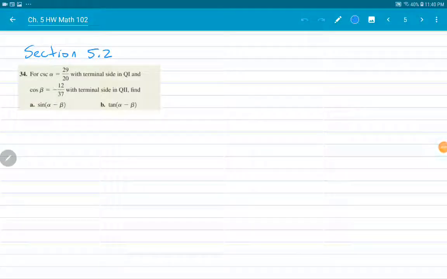In this problem, we're asked to find sine of alpha minus beta and tangent of alpha minus beta. To do that, I'm going to need sine of alpha, sine of beta, and I also need cosine of alpha and cosine of beta for those equations. Just as a reminder, our identity for sine of alpha minus beta is equal to